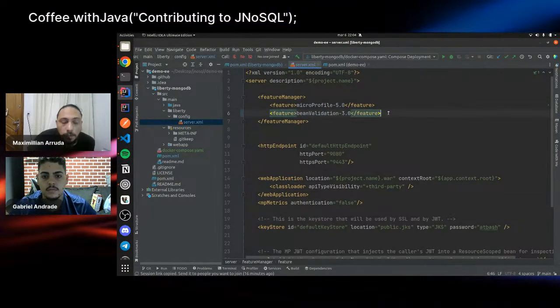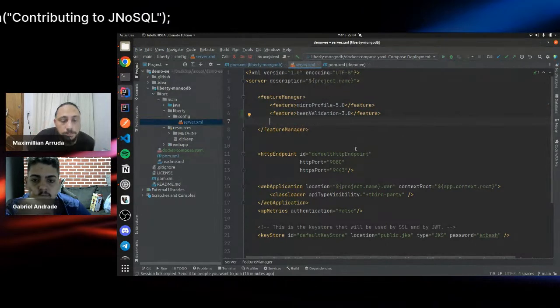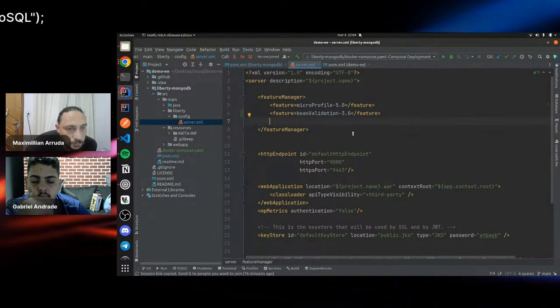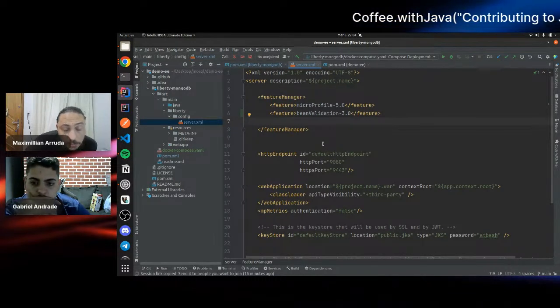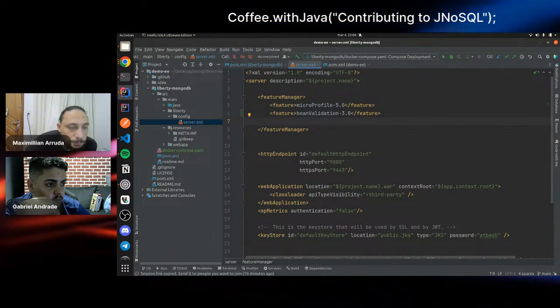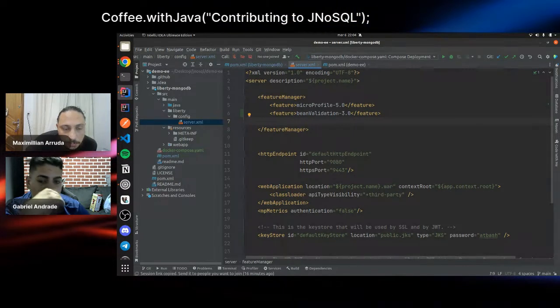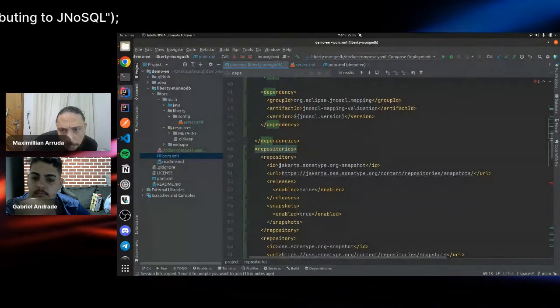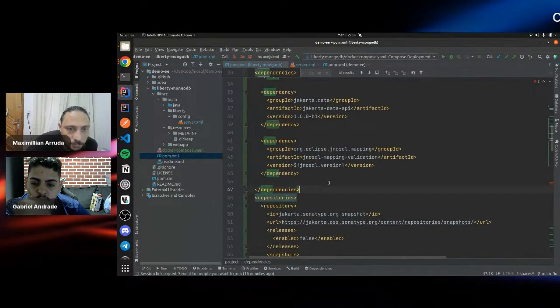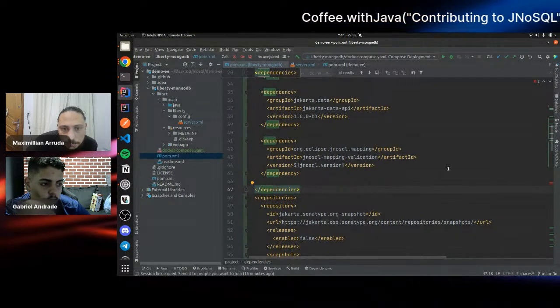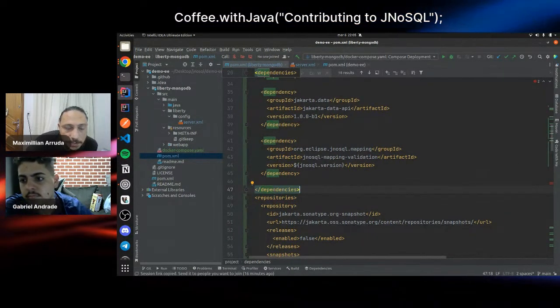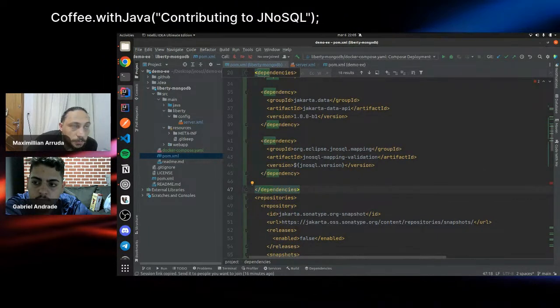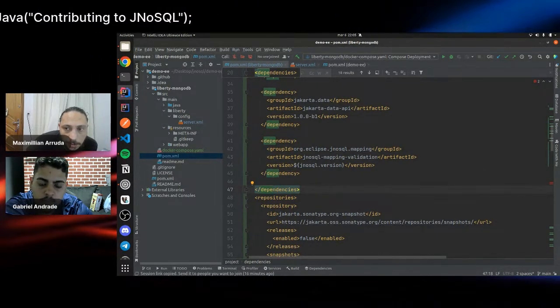Okay, in order to use the Bean Validation annotations, you need to declare the dependencies in the pom. So go to the pom again. When I use a Jakarta EE project, I use a dependency that brings the whole Jakarta API.